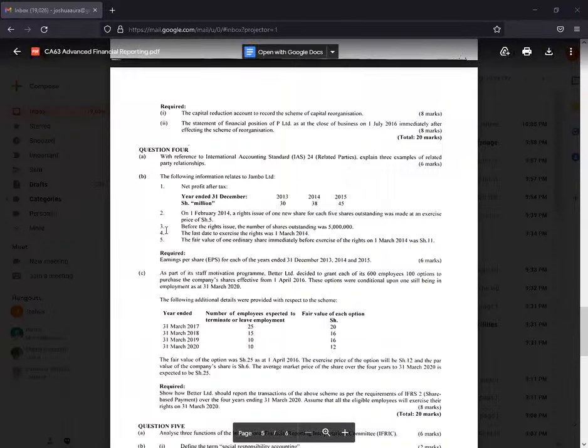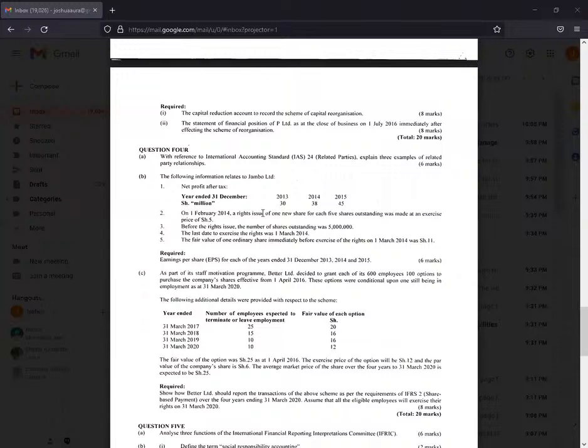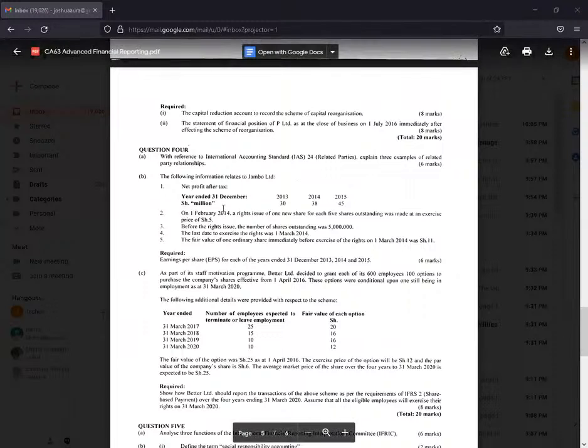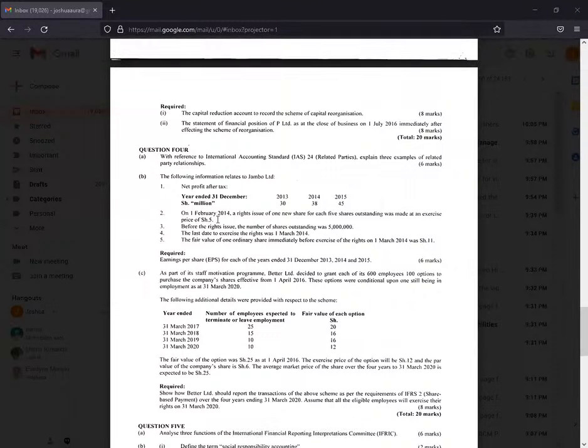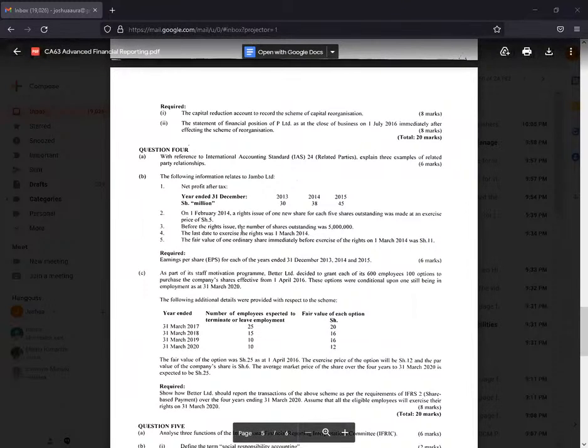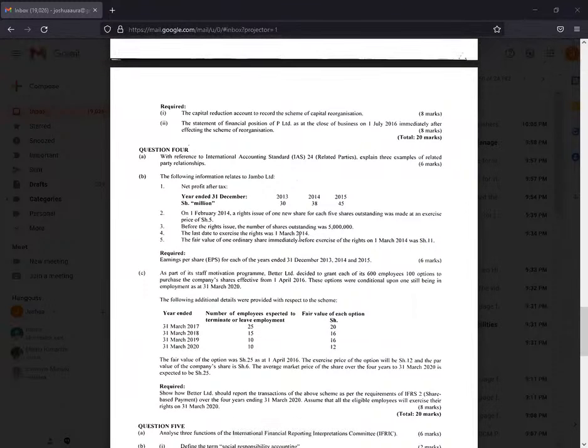On 1st February 2014, a rights issue of 1 new share for each of the 5 shares outstanding was made at an exercise price of shillings 5. All right. Before the rights issue, the number of shares outstanding was 5 million. The last date to exercise the rights was 1st March 2014. Note number 4 is noise. I'll delete it. They're simply putting it there to confuse the easily confusable students. Note number 5, the fair value of 1 ordinary share immediately before exercise of the rights on 1st March 2014